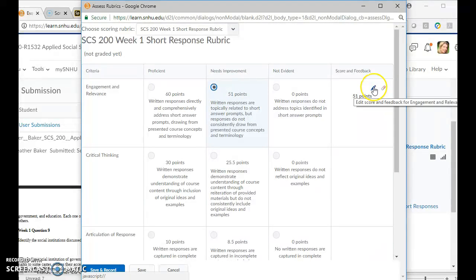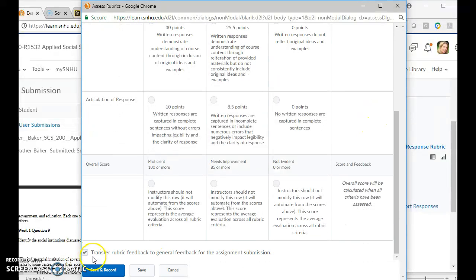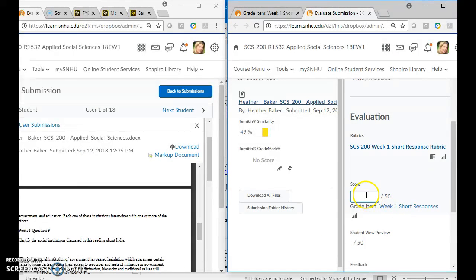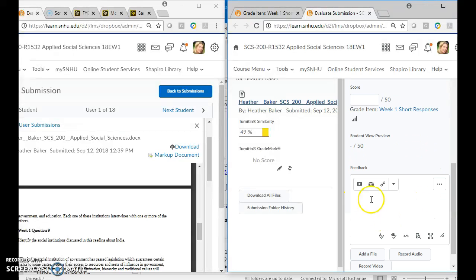You can click on this pencil area and give her feedback right here. I'm not going to save this, so this will go away. But as long as this box is checked and you hit save and record, her grade and all of her feedback will populate to this area,